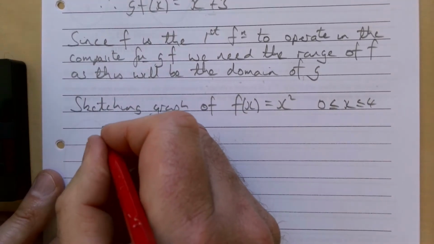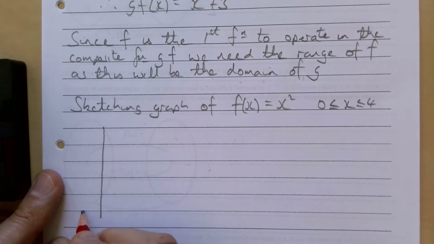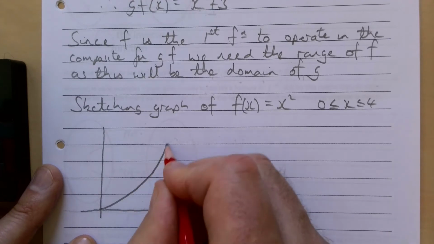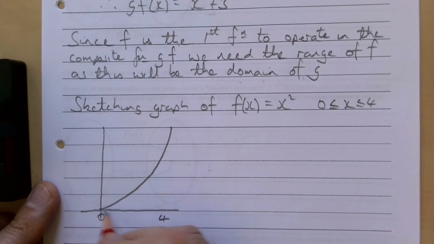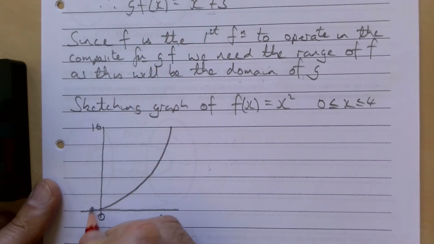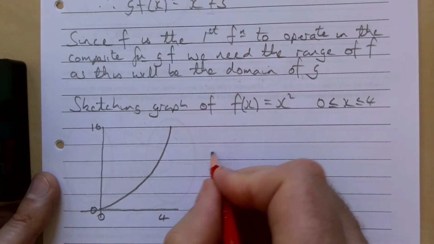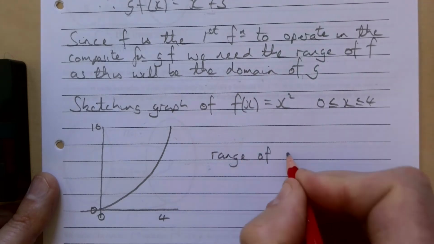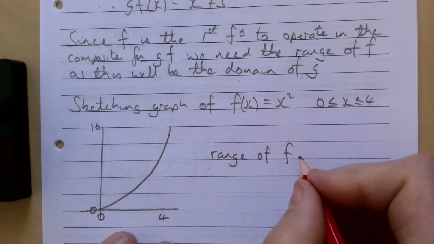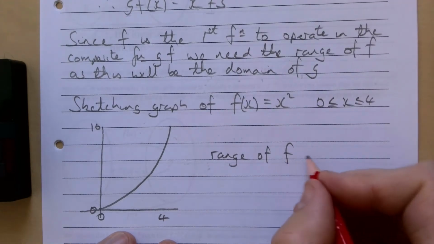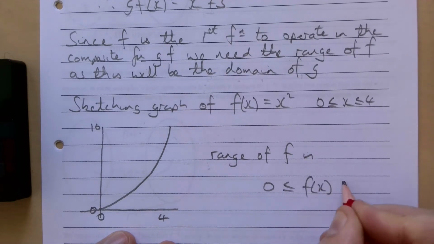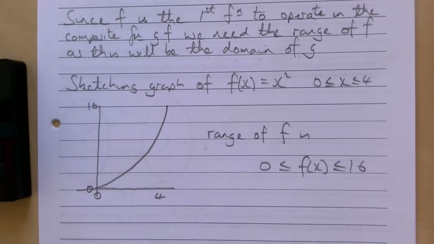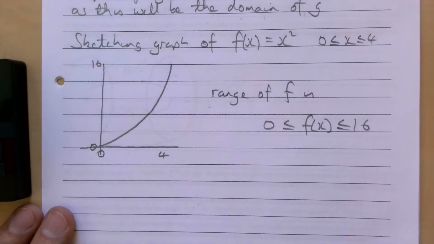It's the y equals x squared graph, so it's just a very basic parabola. And we end up with that. If we put the numbers 0 to 4 into that, what numbers are going to come out? 4 squared is going to be 16, so it's going to be anywhere then in between 0 and 16. That means then our range of f is between 0 and 16. So then from this graph,